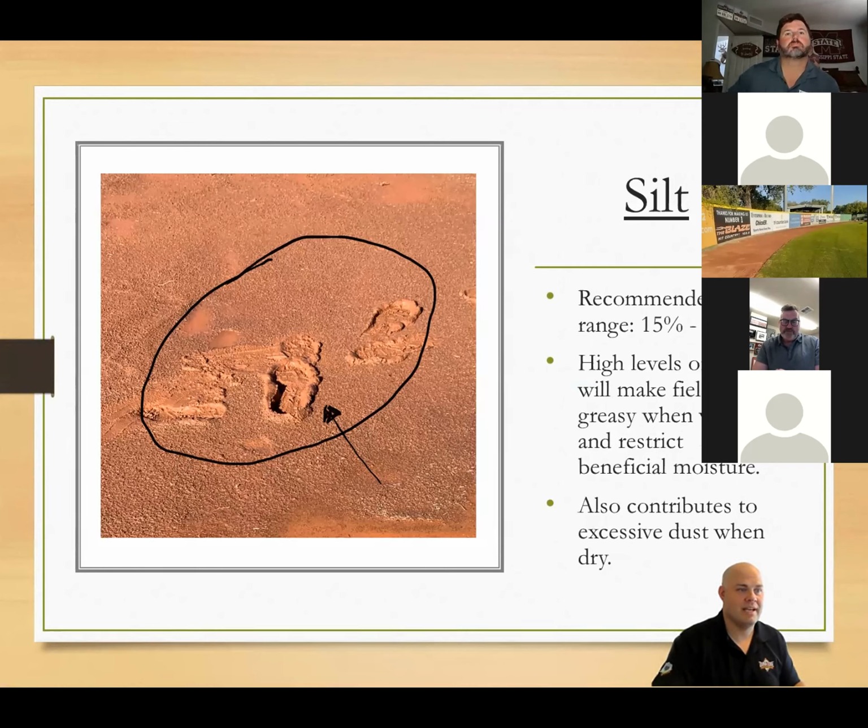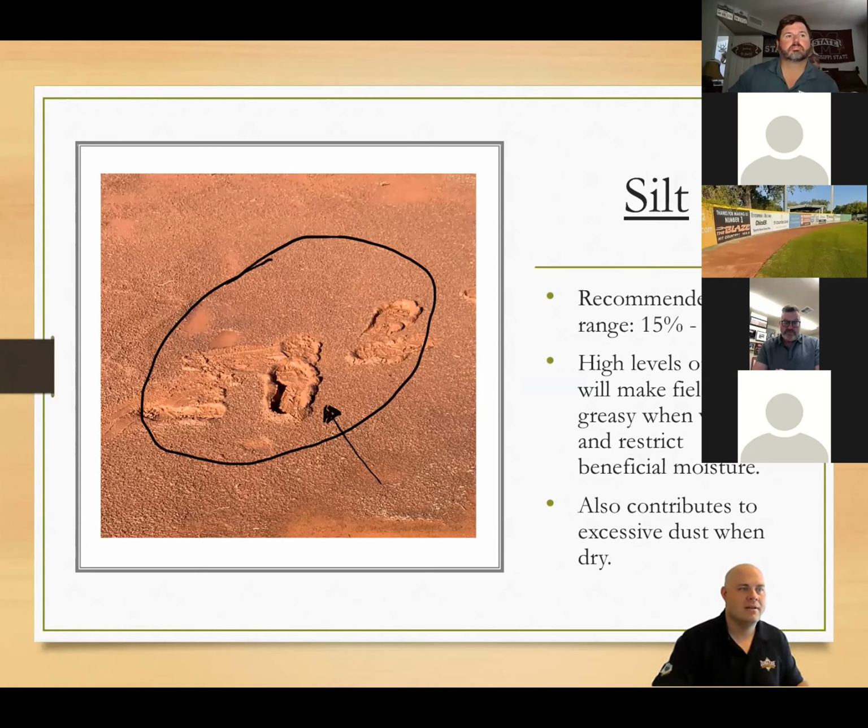If it was really high in clay, then this material would have stuck to the shoe and it wouldn't have pushed up around it. So those are quick ways to know maybe what type of material you're dealing with without sending it to the lab. But recommendations cannot be made until that soil test is completed.